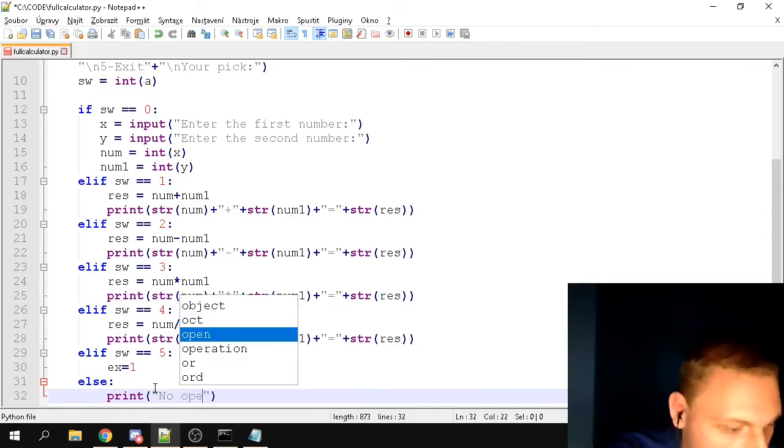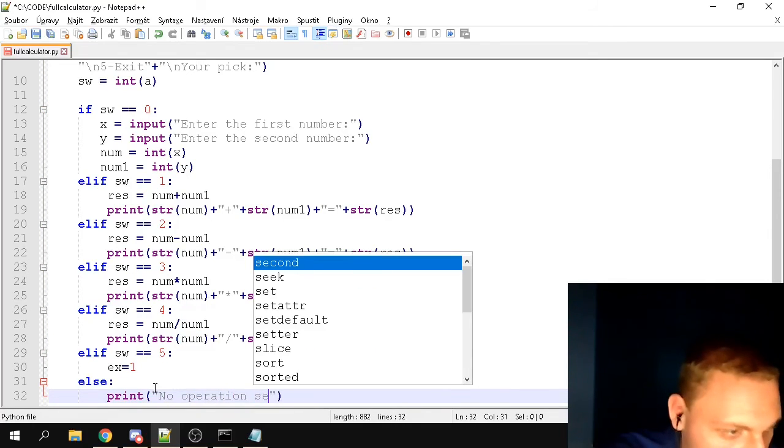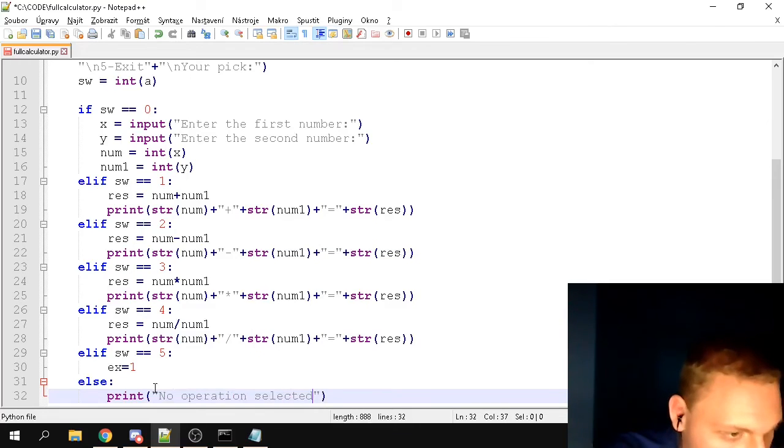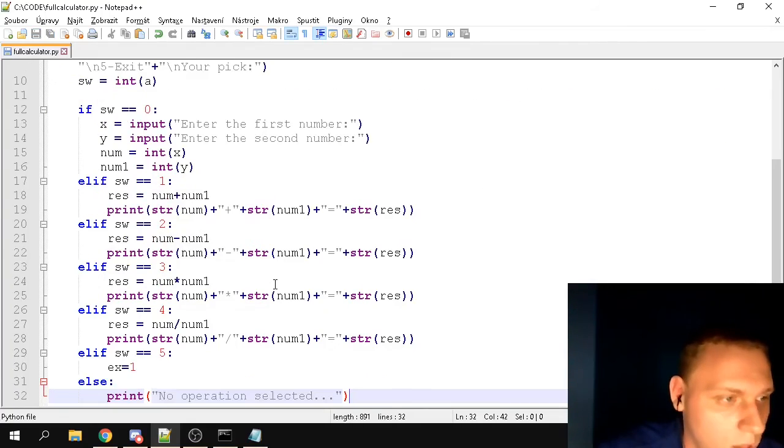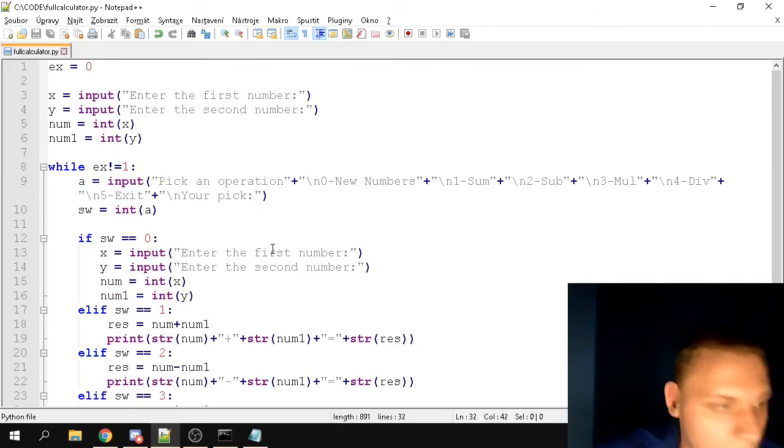no operation selected. And that's pretty much it for our application in just 32 lines of code. It could be less if I didn't do this stupid spacing, but this is pretty much it. That's our entire application written in pretty much 32 lines of code, and it's a full-fledged calculator, so let's see